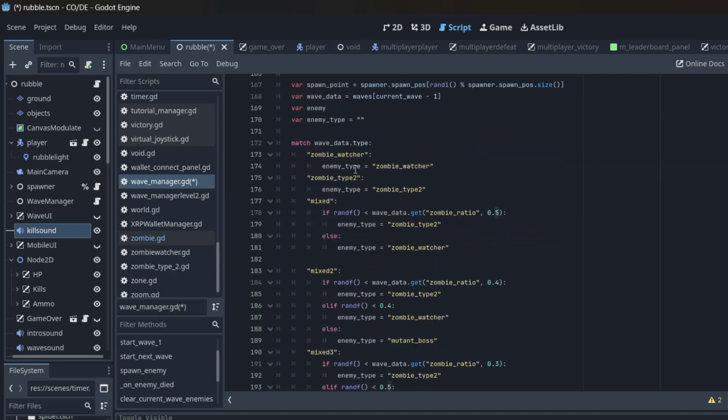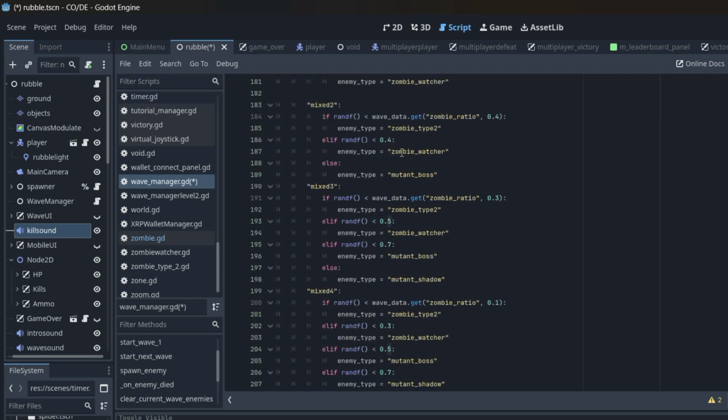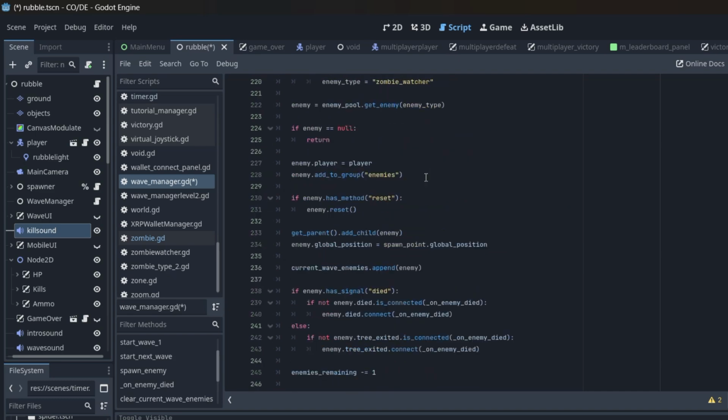Spawn enemy function has an active enemy check to enable enemy pooling, not exceed maximum active enemies. If check is passed, enemy is